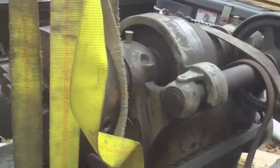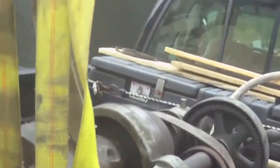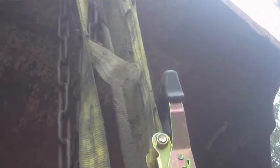I got that rigged around part of the reel. I couldn't get it underneath the other part there. And then that's got a weak point because I damaged it right there. It's got a tear in it. So